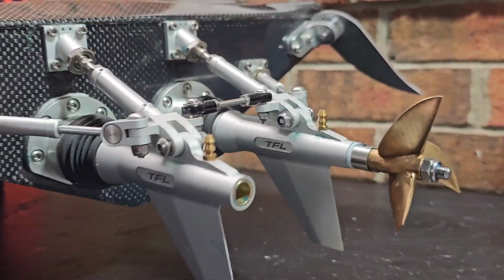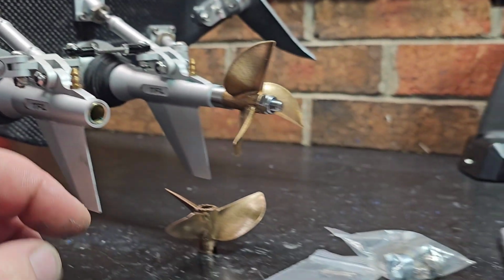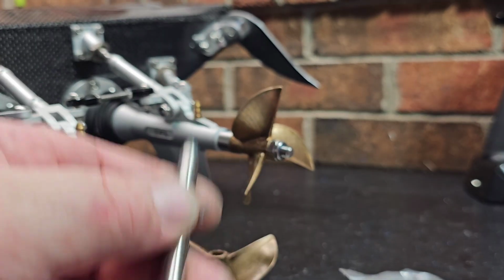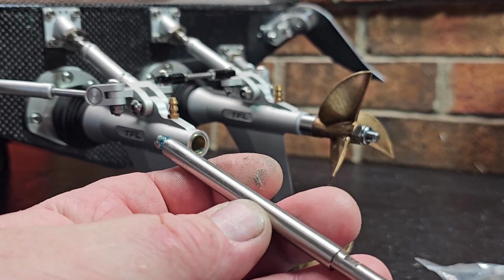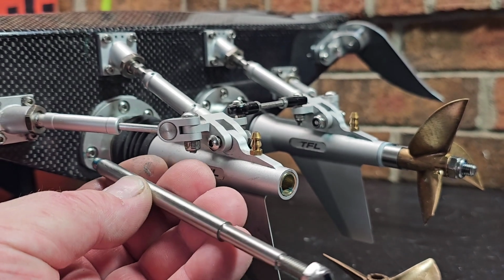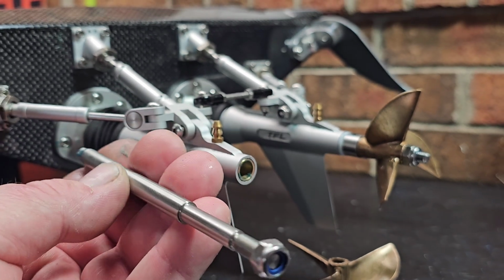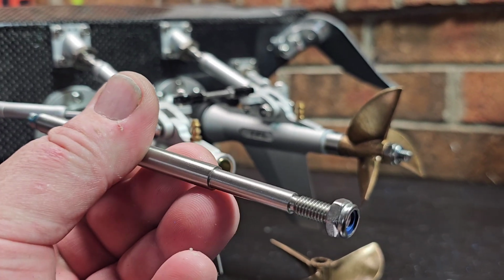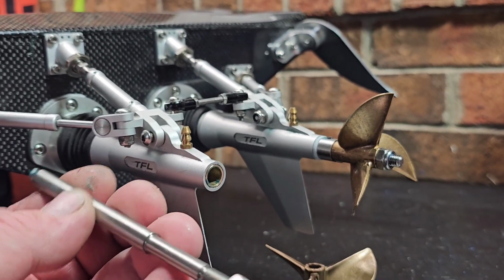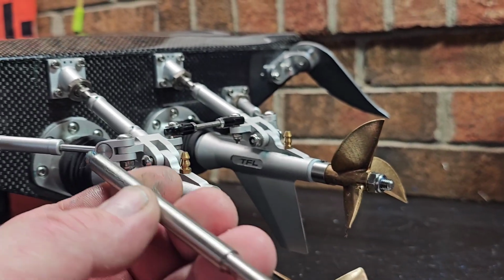Like I said earlier in the intro, I think this boat comes with a design flaw from TFL. It comes with outward spinning, counter rotating props, and both of these 8mm shafts are threaded into the universal cup. Both of them are right hand threaded: right to tighten, left to loosen, on both sides. So my thinking is this boat should have come with a right hand threaded and a left hand threaded